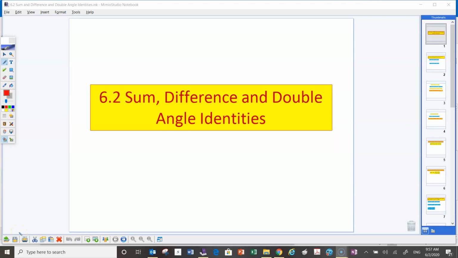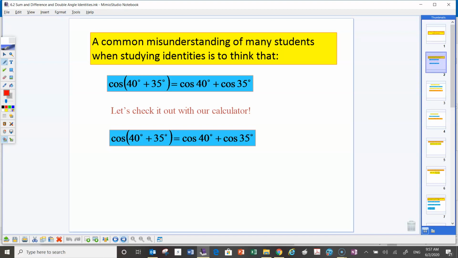In section 6.2, we're going to look at some more identities, them being the sum and difference identities and the double angle identities. Now, there's a common misunderstanding that many students have when studying identities. For example, if we have the cosine of 40 plus 35, students often are confused and think that that will